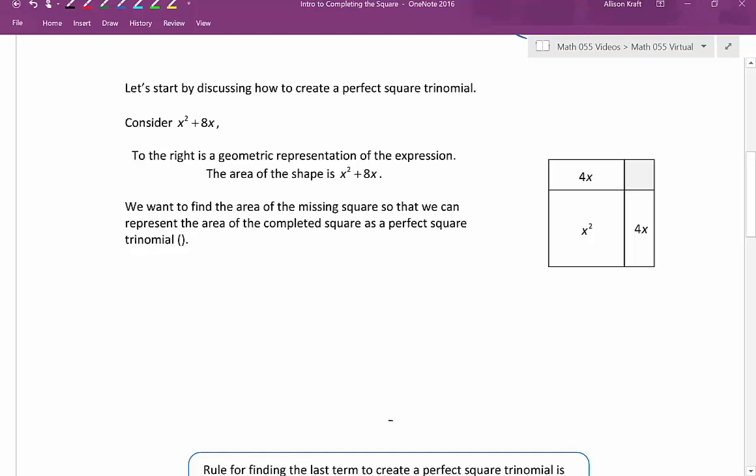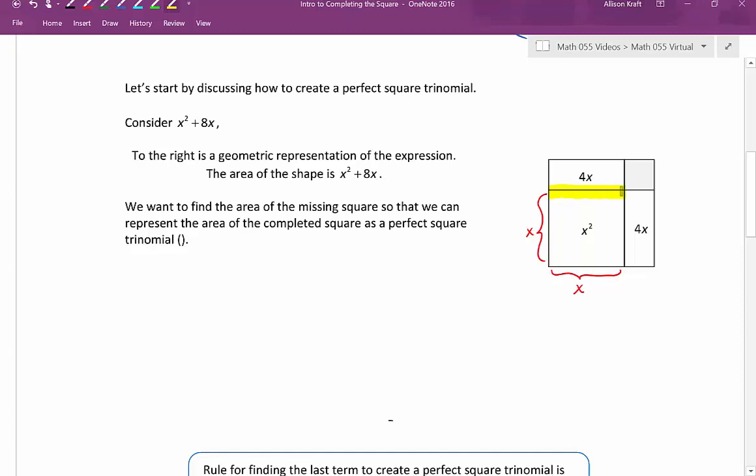To the right is a geometric representation of the expression. The area of this shape is x squared plus 8x. So if we take a look at the side of this big square, since its area is x squared, and we know that in a square the sides are the same, these are each going to measure x, giving that big square an area of x squared. For either of the rectangles labeled 4x,